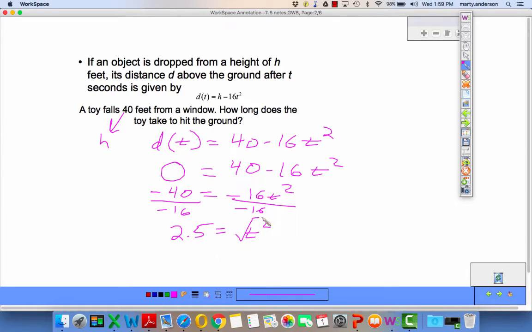And now we're looking at taking the square root. Now, this is a case where it should be plus or minus the square root of 2.5, but are we really going to worry about the negative time? So this is a case where the principal square root is going to be the correct answer because it's a word problem. Negative time does nothing for us, and I get 1.58 seconds